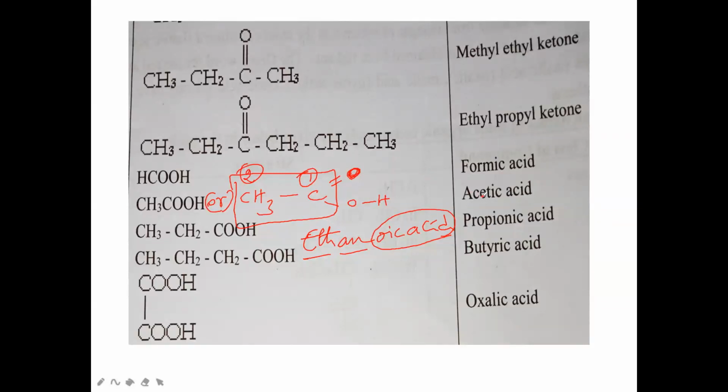And the common name is what? Tell me. The common name is acetic acid. Ic acid means COOH. Acet indicates what? CH3, methyl. And ic acid is what? COOH. Therefore, acetic acid is CH3COOH. And the IUPAC name is what? Ethane oic acid. So ethanoic acid is the IUPAC name of acetic acid. Whenever I explain one particular substance, immediately write the structure, write along with me. Okay.